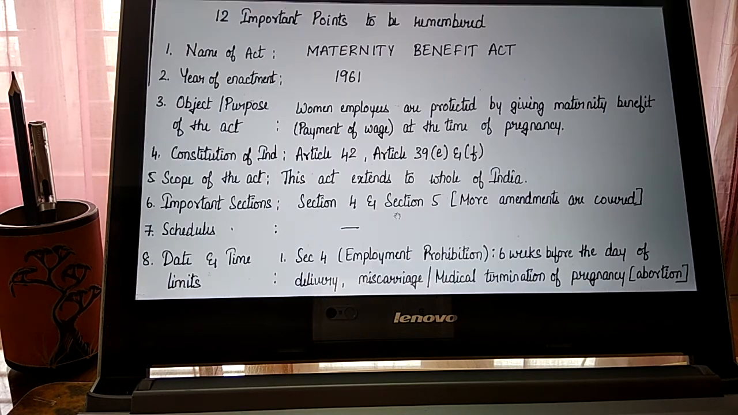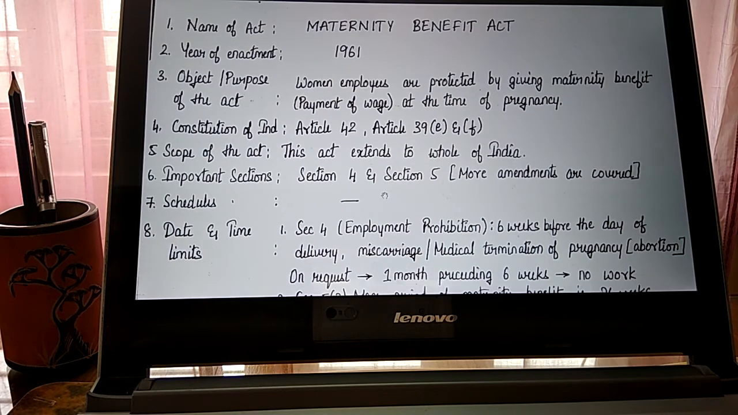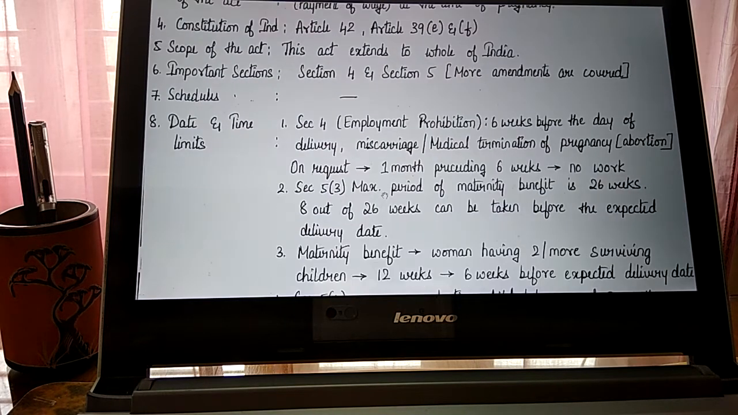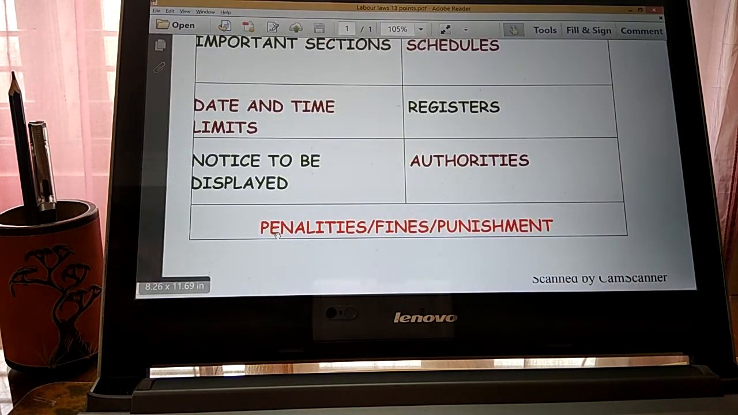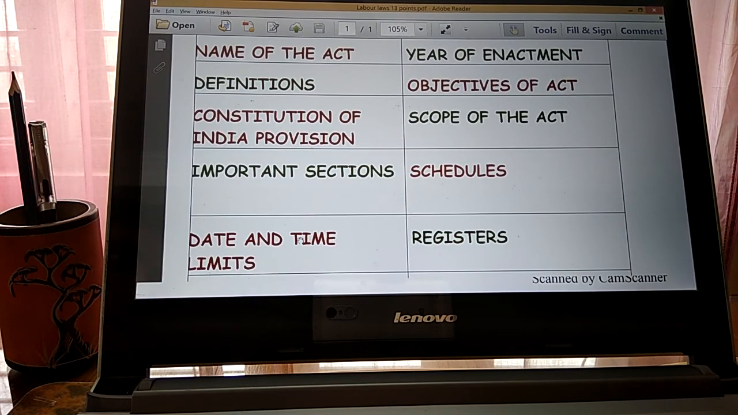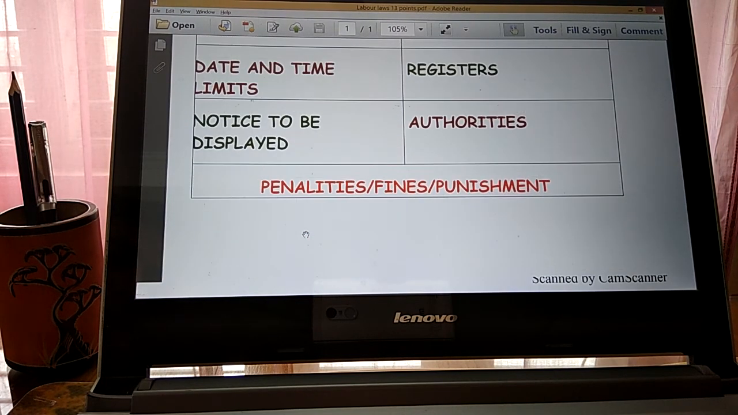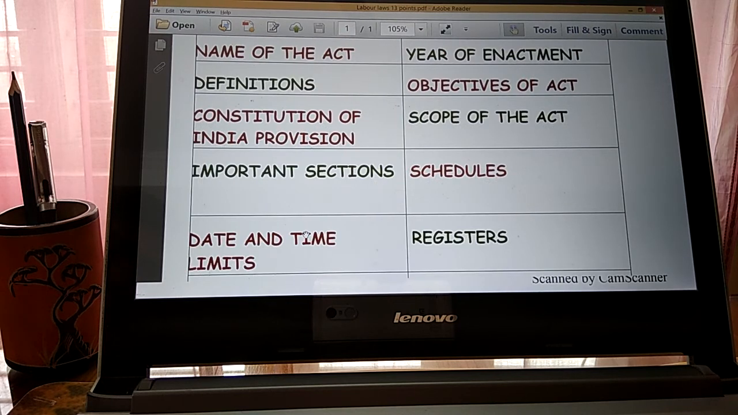So if you see, the entire Maternity Benefit Act has been summarized in just one page. This one page is nothing but the points which we have studied over here, these 13 points. So I hope this video was useful, and I would invite all of you to please try and make your chart